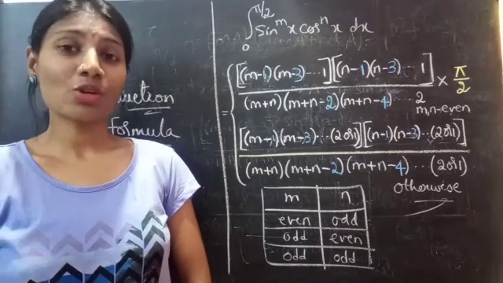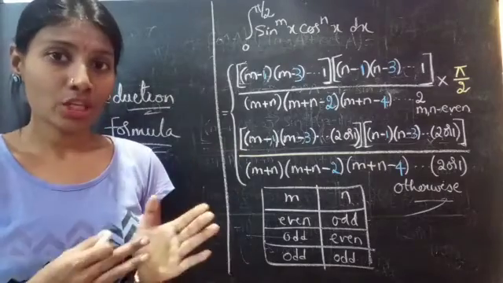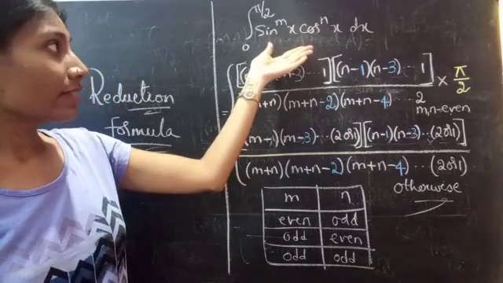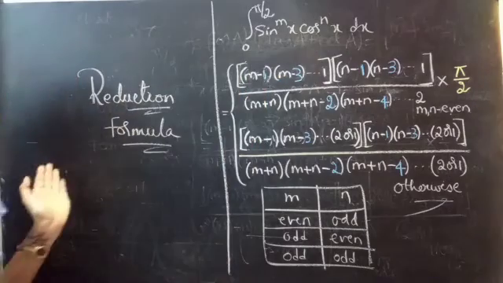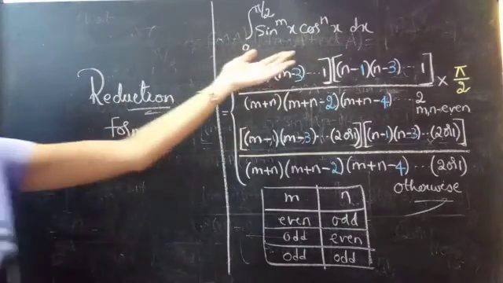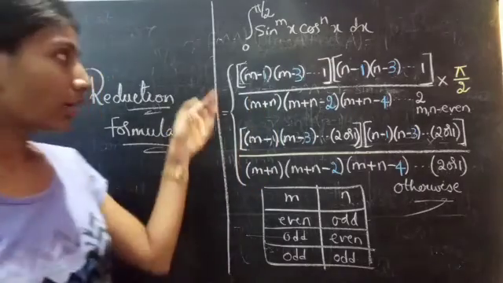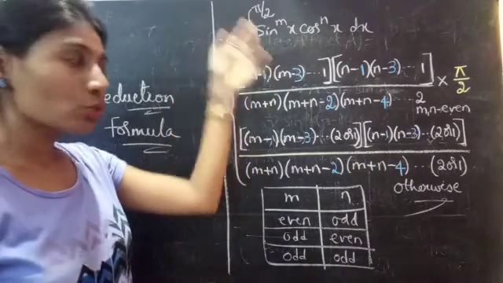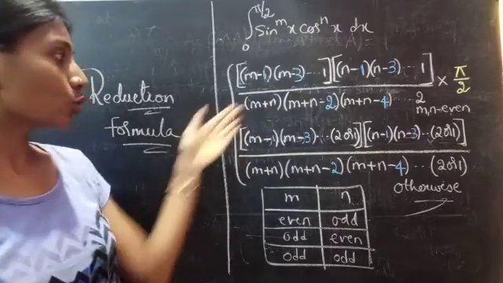This is Kalpana. In this video we are going to see how to apply the reduction formula whose integrand is sin power m x into cos power n x. Reduction formula whose integrand is the product of sin and cos. Okay. Integral 0 to pi by 2 sin power m x into cos power n x dx is equal to,